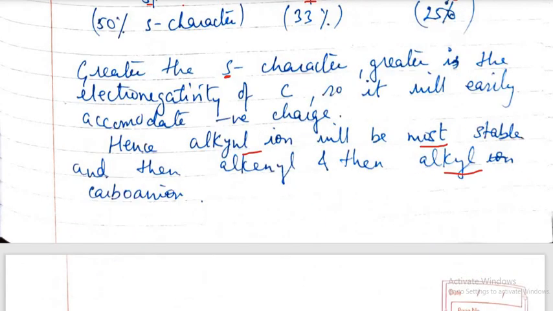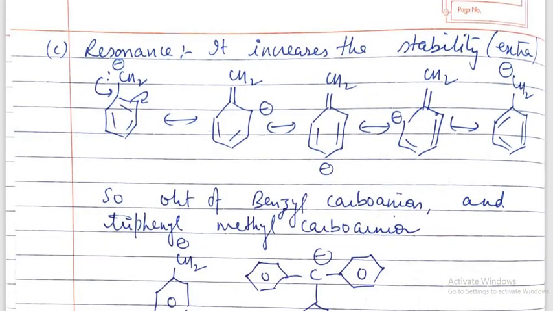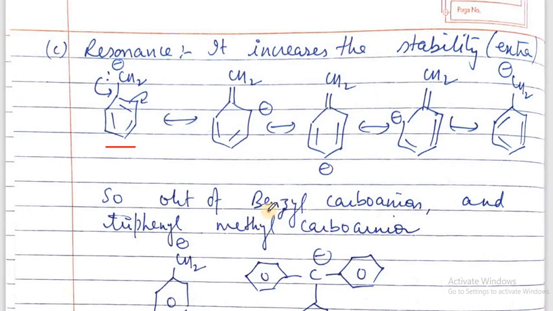The next factor which can explain the stability of carbanions is resonance. As we already know what resonance is, we can draw various resonance structures in a similar way. Now this is a benzyl carbanion. This benzyl carbanion has different resonating structures, which can be easily written. If the electrons present on the carbon move towards this, then these will move towards this, so that this carbon will have a negative charge and here will be a double bond.